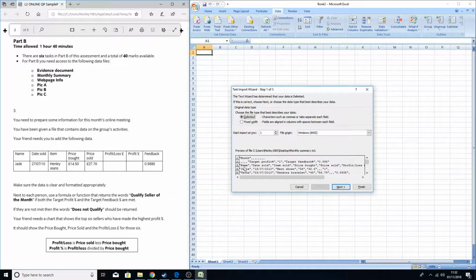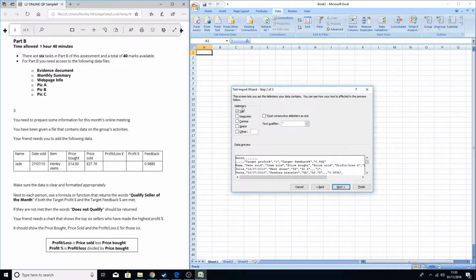So you'll see there's commas in between each heading. That indicates that it's going to be a new cell following on from it. And where there's the speech marks and the information inside the speech marks, that's just saying that's what's going to be displayed in that cell. So in that cell, it's going to say name. In the next cell here, it's going to say date sold, etc. So if we press next,